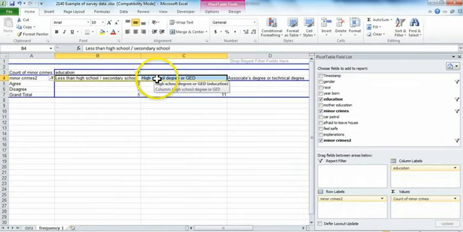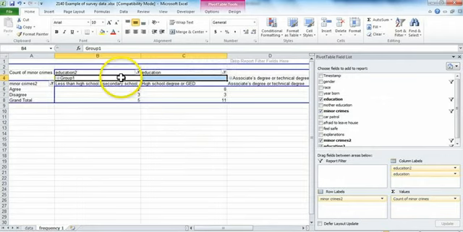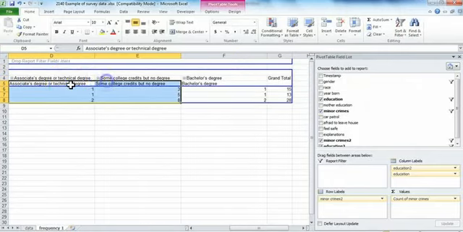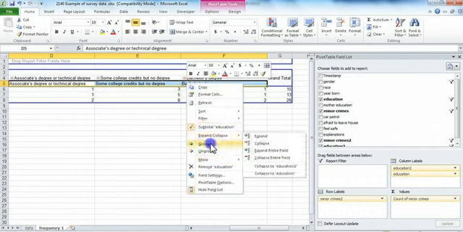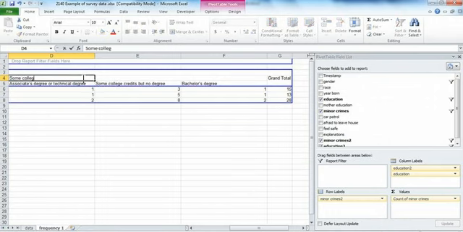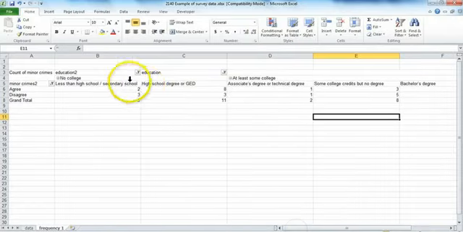These are the 2 below college. Right click and group. And now I'm going to relabel this no college. And then the other categories, associates and some and bachelor's degree, I'm going to right click and group all of these, and this will be called some college, or you could even call it at least some college. So now we have the 2 categories,